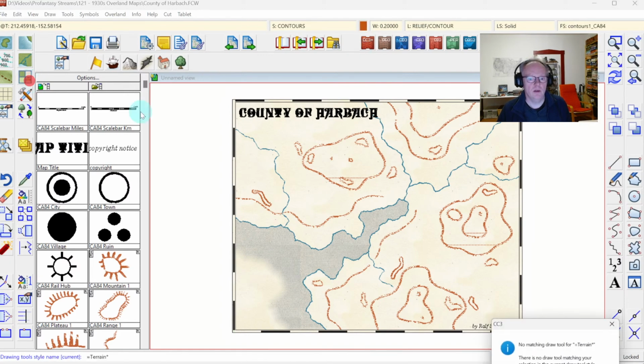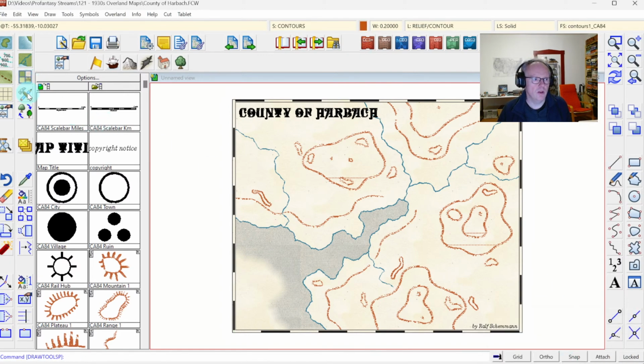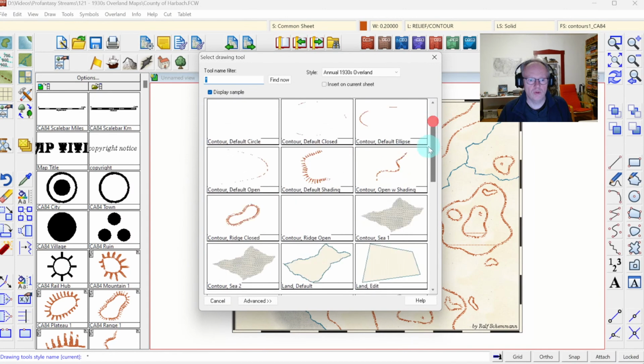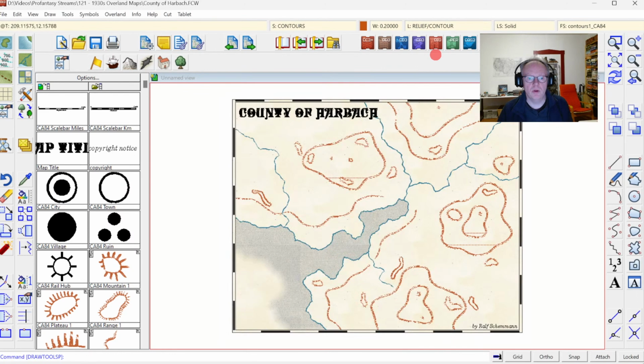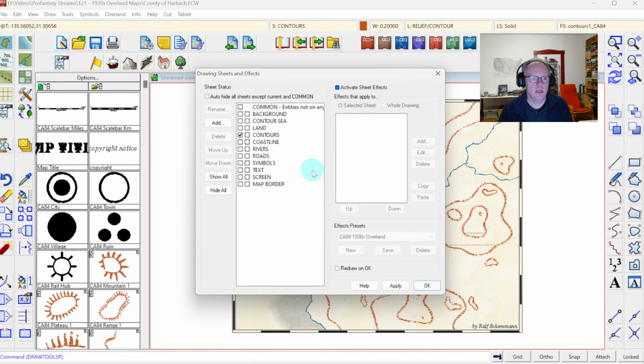Now, if I take a look here, we don't have any drawing tools for forests or so on this map. So what I want to do is add this kind of forest style and the drawing tools for that. What I usually do is first draw the stuff I want to create. I do need a new sheet for this, because this map style by default doesn't show any forests. So I'm going to add